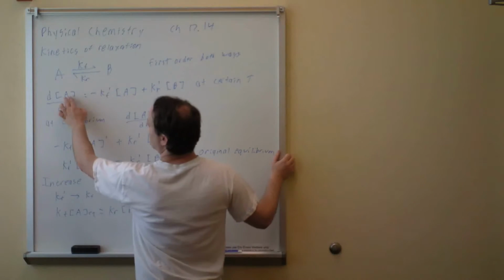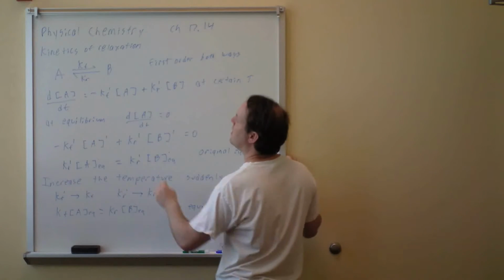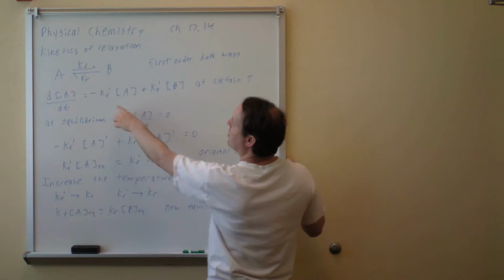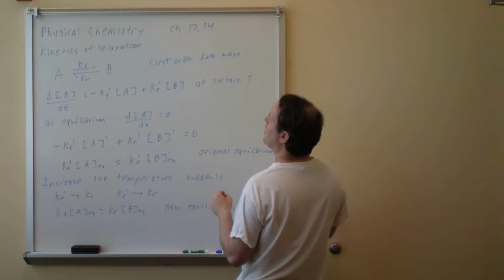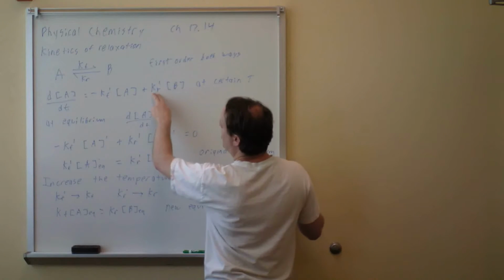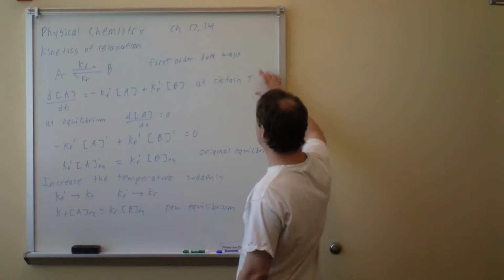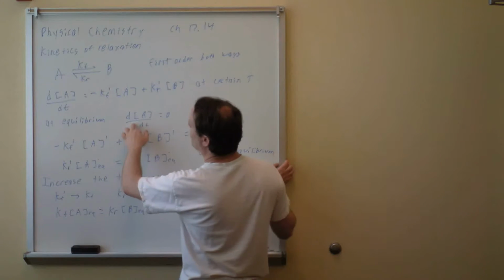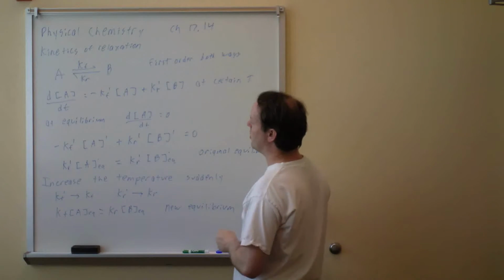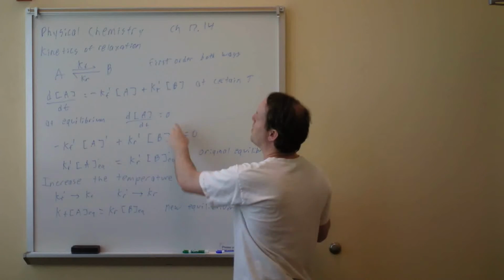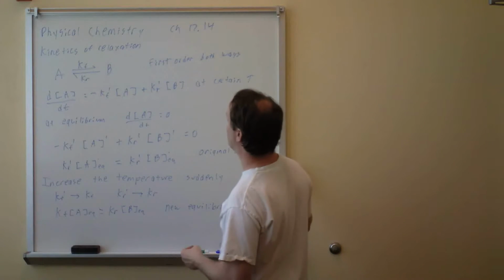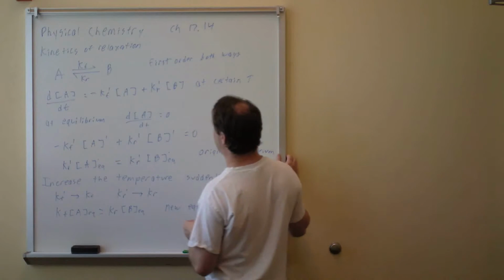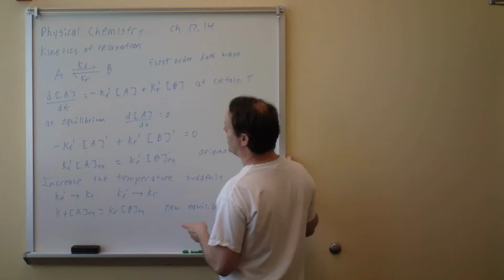So the derivative of the concentration of A with respect to time is equal to minus Kf prime times the concentration of A. We're just going to say prime because this is our original equilibrium. Plus Kr prime times the concentration of B. And this is at any certain temperature. Now at equilibrium, we know that the change in concentration of A with respect to time is going to be equal to 0 because we're going to be making it at the same rate we're using it up. So again, we're using prime because we're still before our perturbation,